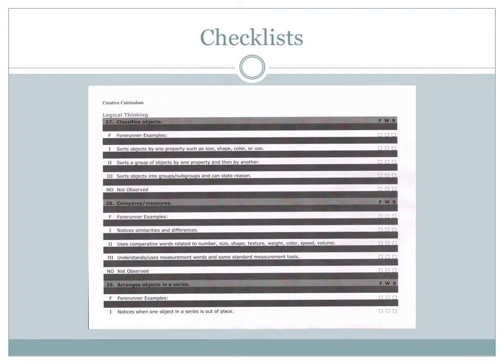A checklist is a type of assessment instrument. It is an organized document that lists skills, abilities, and behaviors. Frequently, checklists are designed in a grid format with the children's names listed along the top and the skills or behavior on the left-hand side. Checklists record whether the skill or behavior is observed or not. It's a yes or no answer, either by a check mark or by recording the date that the skill was